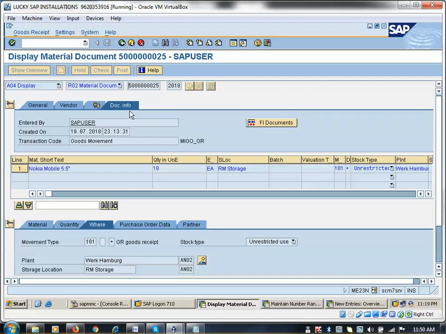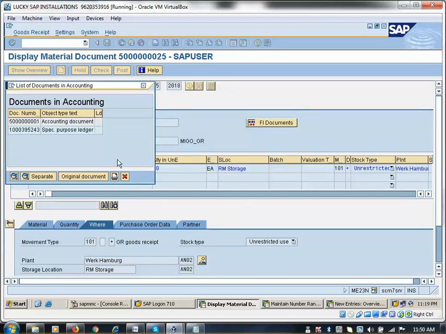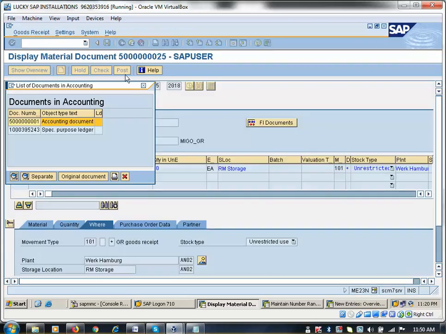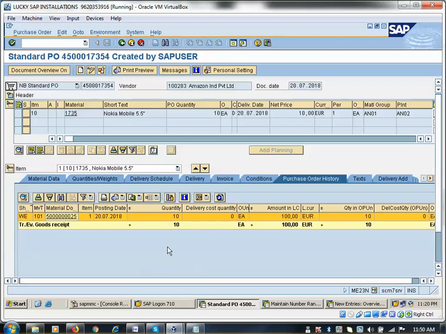So this is the MMFI integration. When I do the goods receipt, if I complete the goods receipt successfully, then our finance department will be notified to arrange the payment. So this is the finance document. If this document is not created in FB03 when you enter your PO number, then you cannot create the invoice. So what will the system check here? It will check whether any goods receipt was done for this PO, and whether any delivery cancellation was done. This status will be checked by the system here.